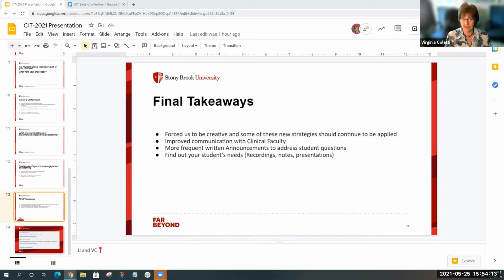We have a problem in the School of Nursing: each of our clinical faculty are rehired every semester. So that means they don't necessarily get onto Blackboard right away. At the end of each semester, their Stony Brook email is turned off, and when they're rehired for the following semester, we have to wait for it to be initiated. So utilizing the Stony Brook email process is not as convenient for us because we sometimes lose people that way,